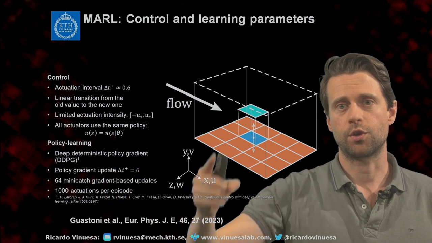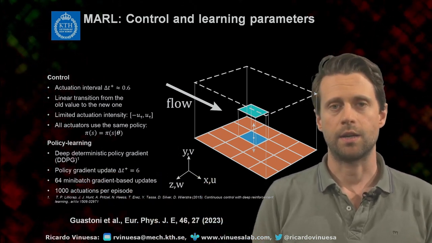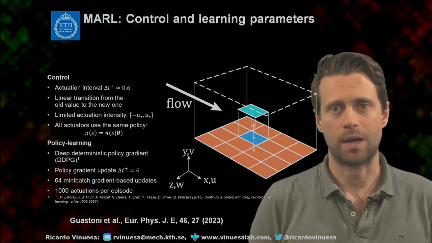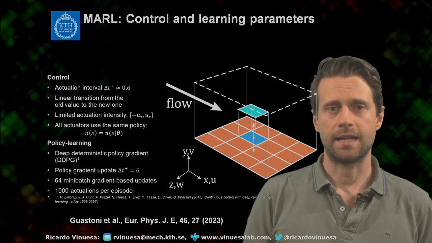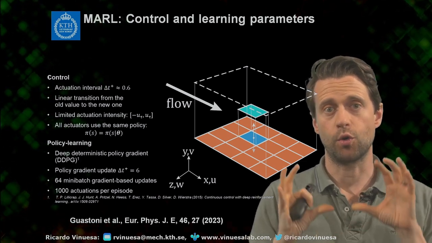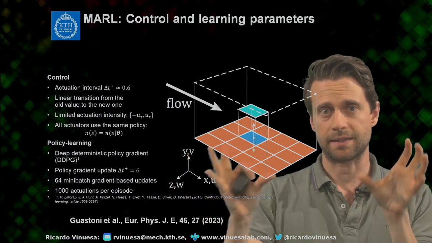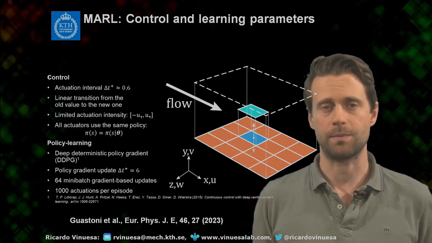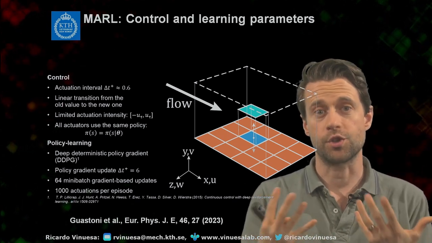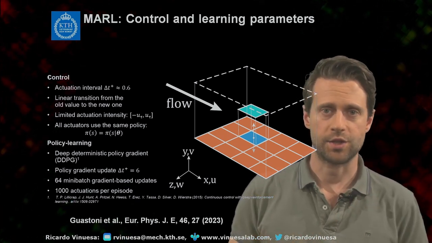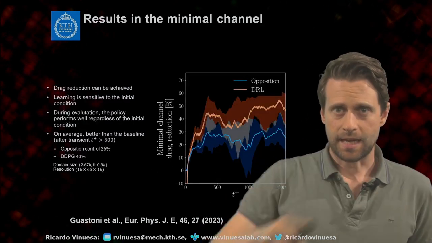And we're using what is called the DDPG, the Deep Deterministic Policy Gradient, to be able to optimize our actuation. So you can see all the parameters here. I repeat that we have all the code open. So both the CFD part and the reinforcement learning part are open. You will see the link at the end of the video, so you can reproduce these results yourselves. And I really encourage you to have a look at the code and share with us your impressions when you use it. And now we're showing you the results.